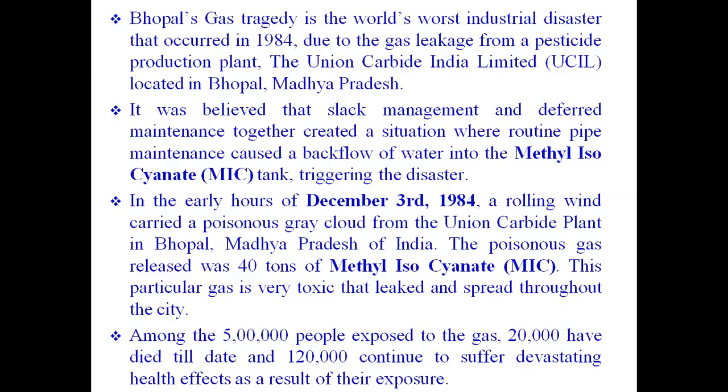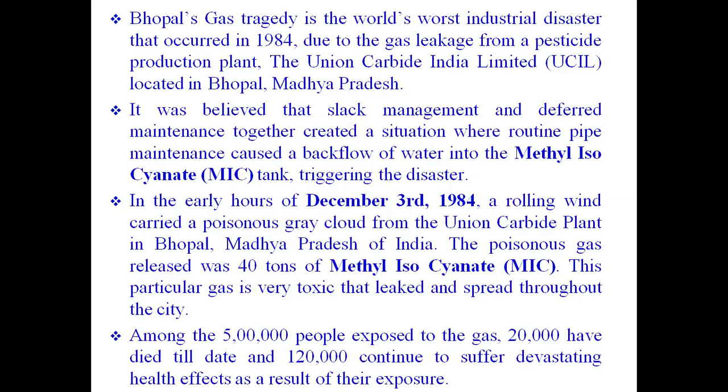Among them, 500,000, that is 5 lakh people, were exposed to the gas, 20,000 people have died till date, and 120,000, that is 1.2 lakhs, continue to suffer devastating health effects as a result of their exposure. Actually, from these slides, you know